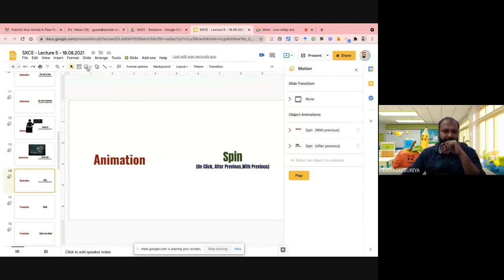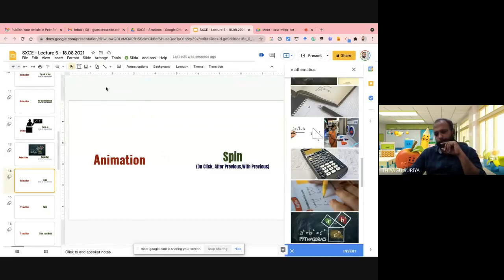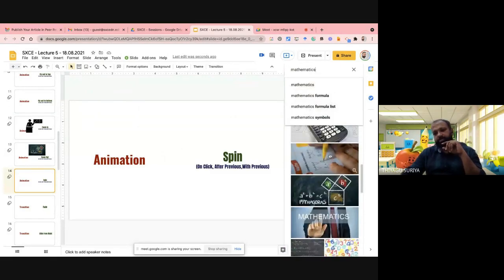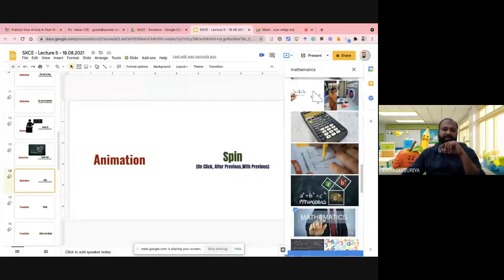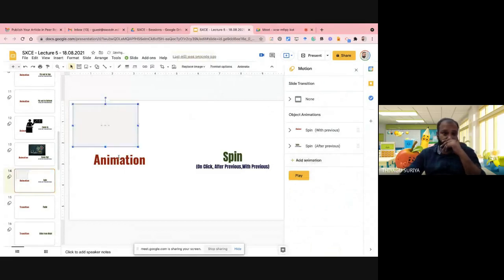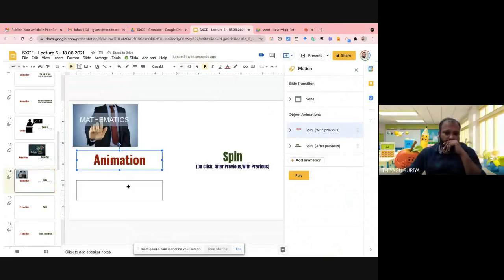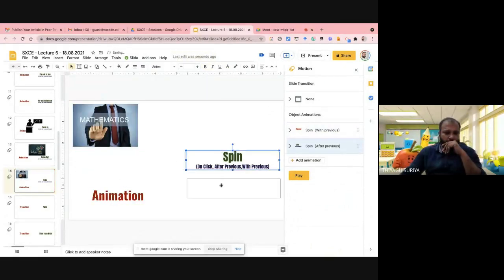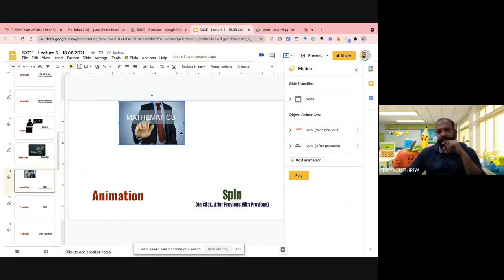I like to add some images here. Yes, I like to go with the mathematics and insert here. I like to keep it in the center.